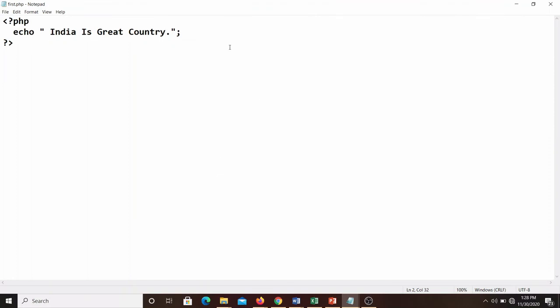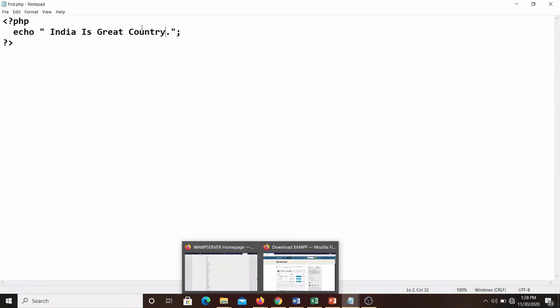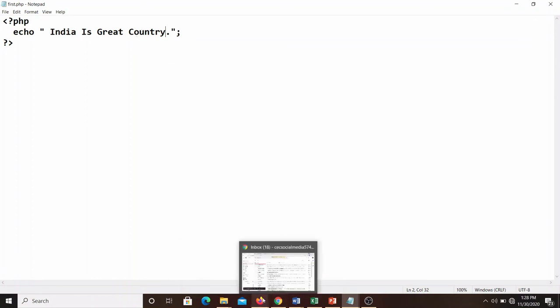In the same way, if you are using XAMPP, the location will be changed to htdocs. We have to keep the file inside htdocs. Suppose you are using the LAMP Linux environment, the same concept applies: we have to keep the file with the .php extension inside var/www/html. Inside that you can create one file and keep it there. In this way you can write the PHP programs and keep the file.